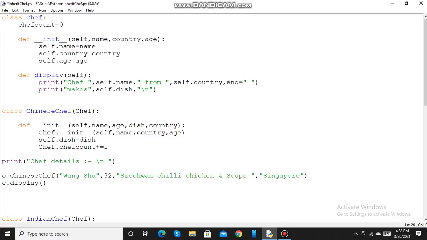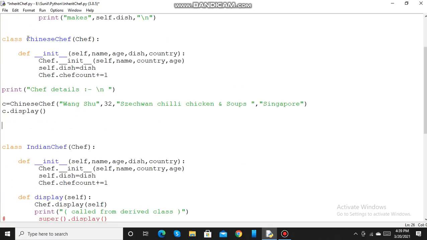Here I have defined a class chef. This is the parent class. It has two methods, init method and display method. This init method is a constructor method. Then I have defined two subclasses, Chinese chef and Indian chef.